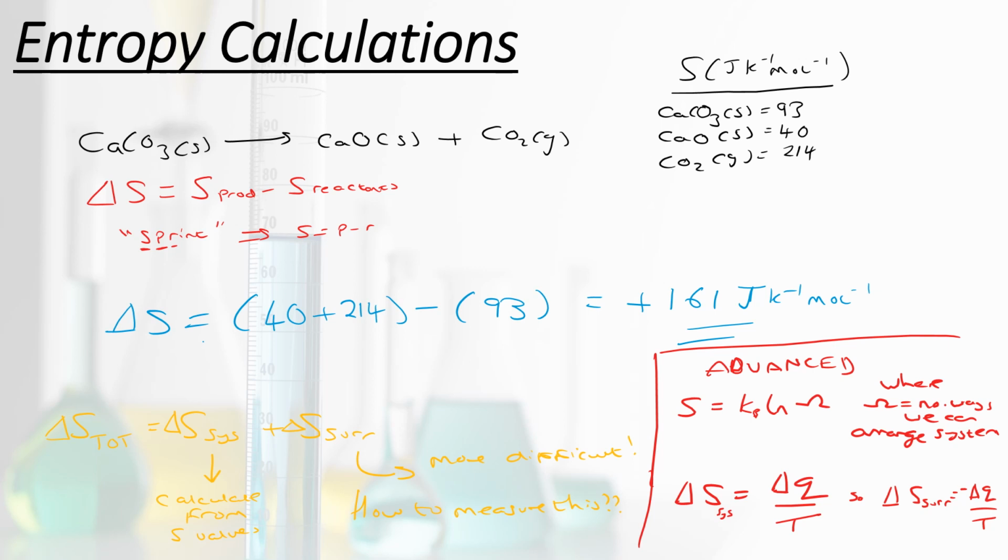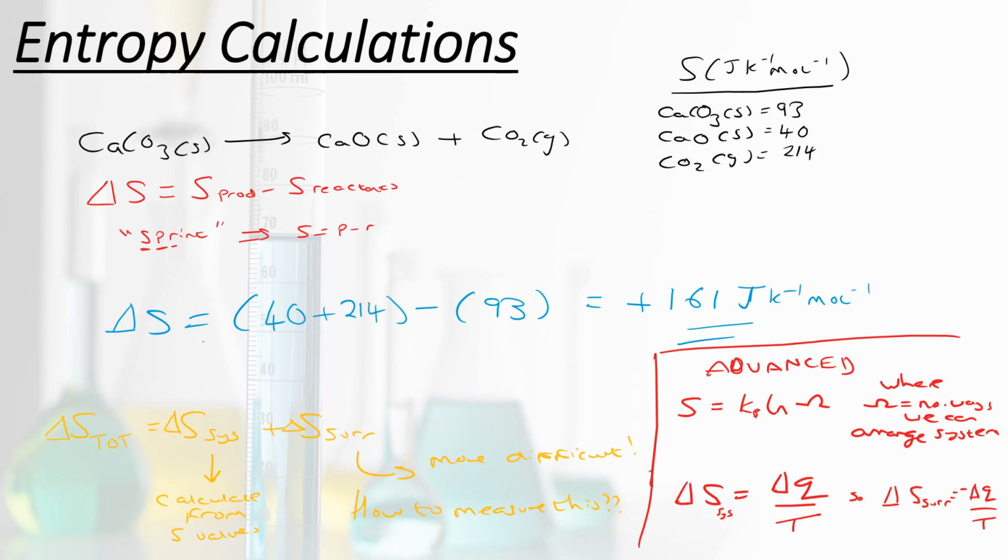Here we have our entropy change being the same thing, that we have to consider the entropy change in the system and also the corresponding entropy change of the surroundings. The problem is the surroundings are much harder to define. We said that our surroundings is everything else, everything other than the actual chemical system we're dealing with. So it's literally everything else, much more difficult to define and much more difficult to measure. But we'll see that we can actually get around this issue on the next slide.